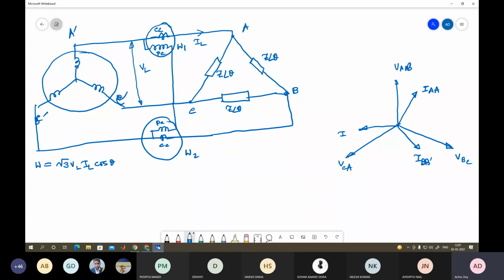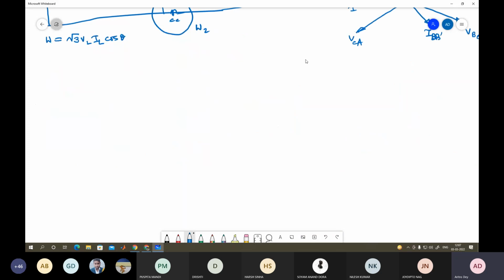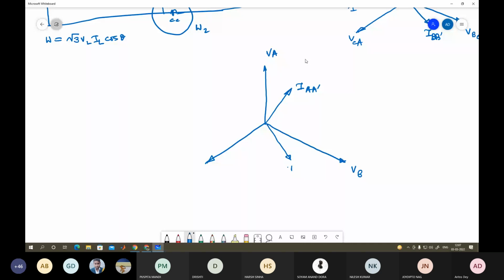Let us draw it one second afresh. We'll draw it like this. This is how you get all these three line currents. This is your VA equal to VL equal to V phase, because it is a delta connected